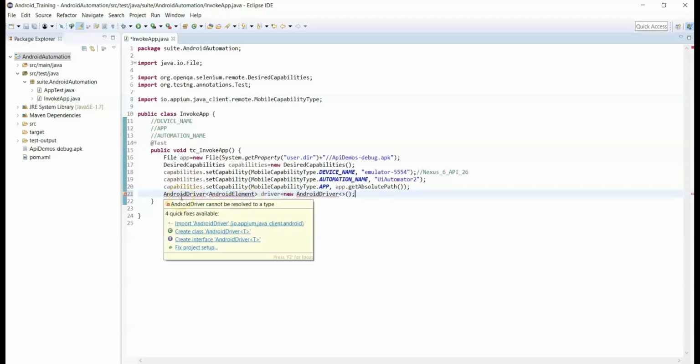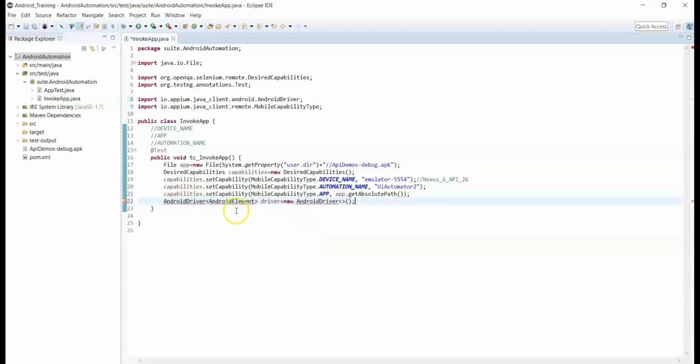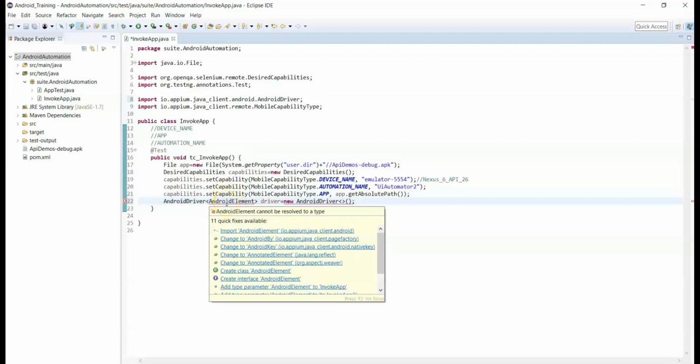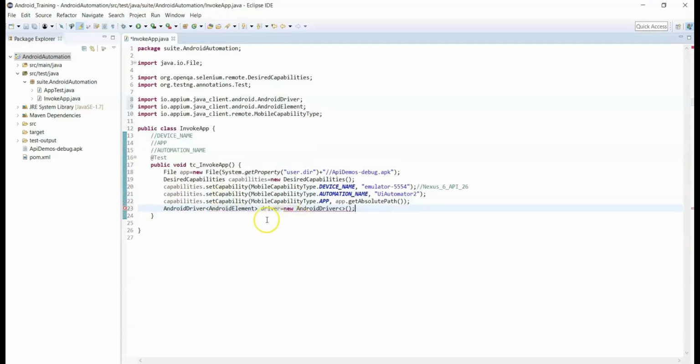First import Android driver class, import AndroidDriver from io.appium.java_client.android package, and then import AndroidElement class. Then here we need to pass two parameters.